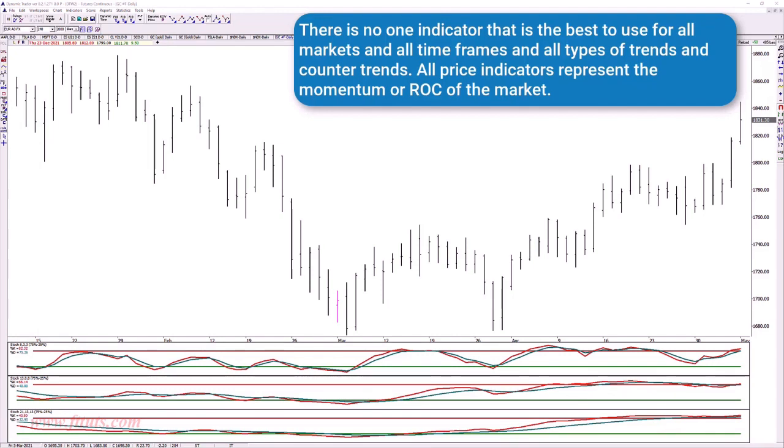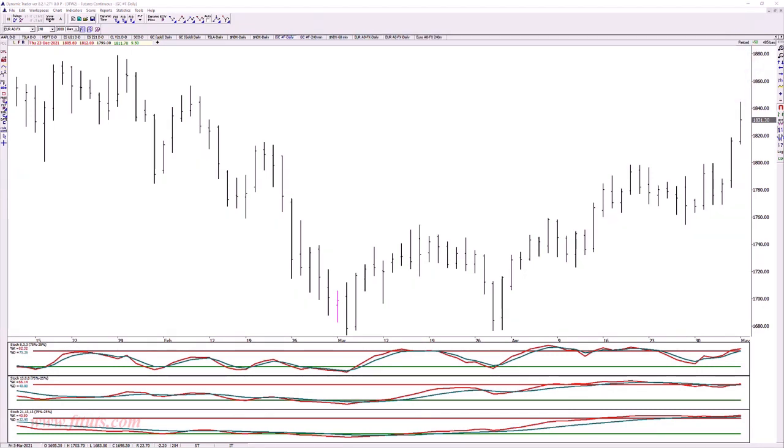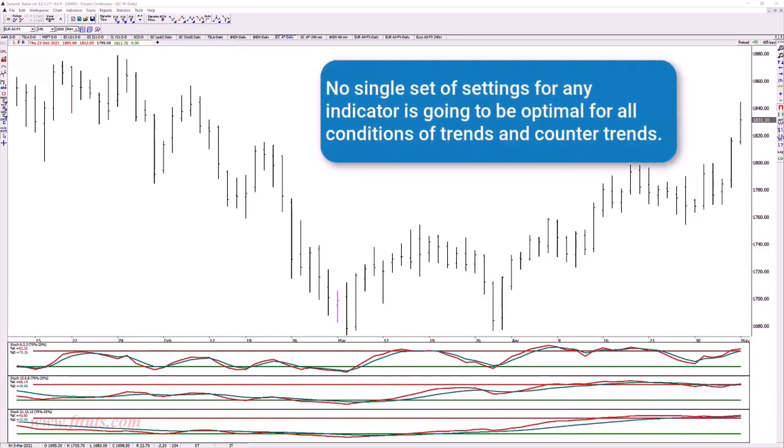So if you're already familiar with, for instance, the stochastic or the RSI or the MACD or CCI or whatever indicator, use that indicator and we'll look at it logically and how we would use it with a pattern and price relationships to help identify reversals of momentum trends and cycles as well as price trends and cycles. And then the second thing to stress is there is no one set of settings for any indicator